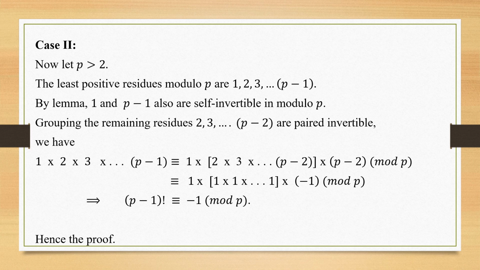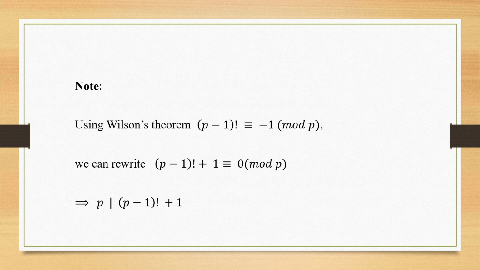So this is the proof of Wilson's theorem. The entire gist of lecture 1 is completed. We have seen the introduction of the unit and also Euler's statement along with the proof. We can also use Wilson theorem in this category: P minus 1 factorial is congruent to minus 1 mod P.